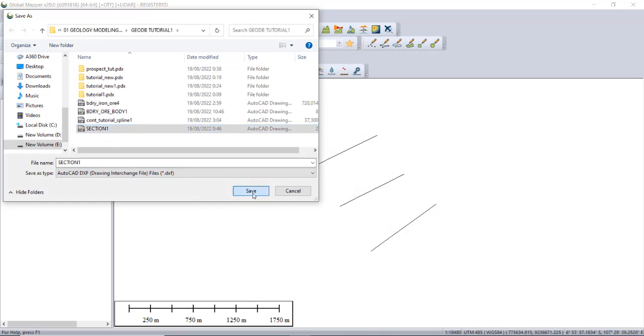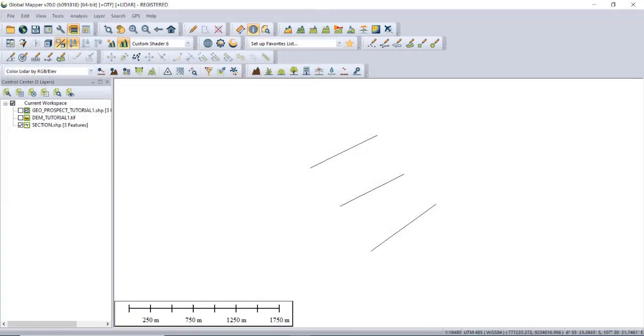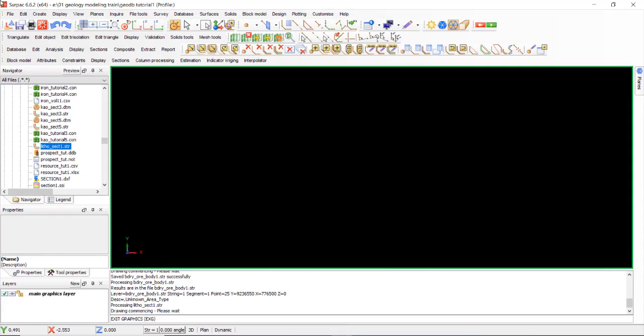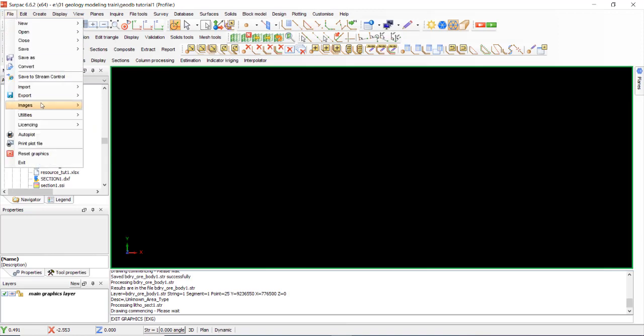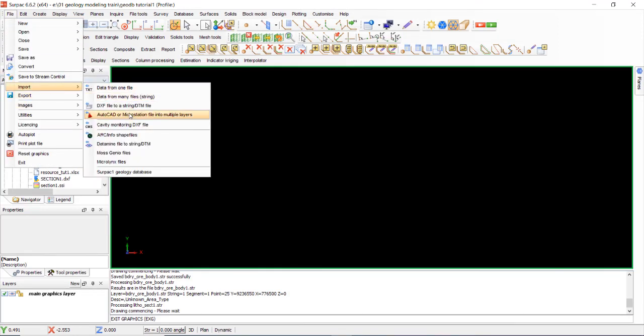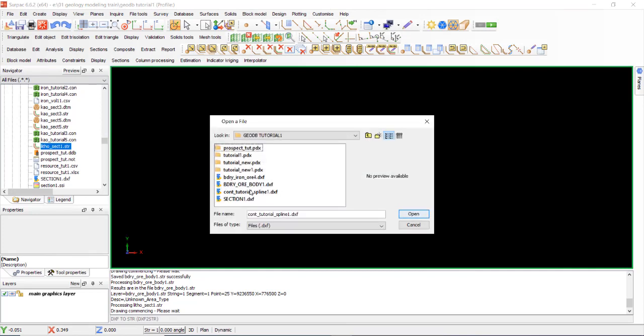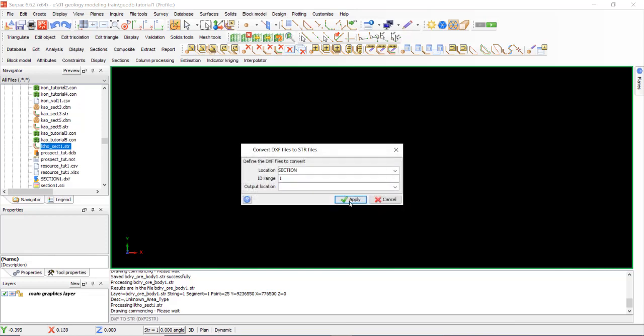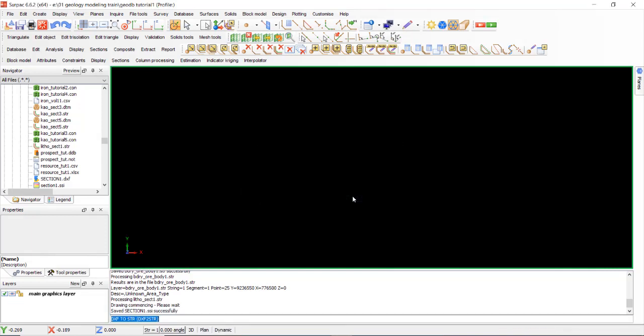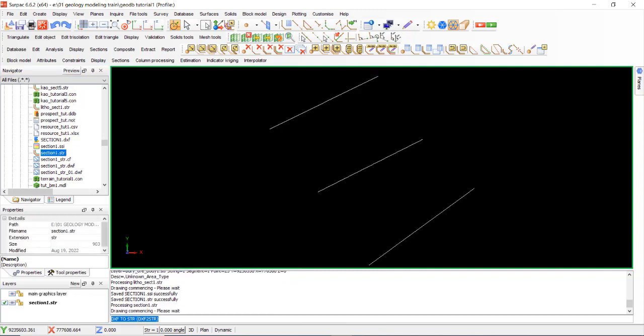Section 1. Yes. Okay. Open in SURPAC. Import the XF to string. Section. Okay. Yes. This section still has nil elevation.